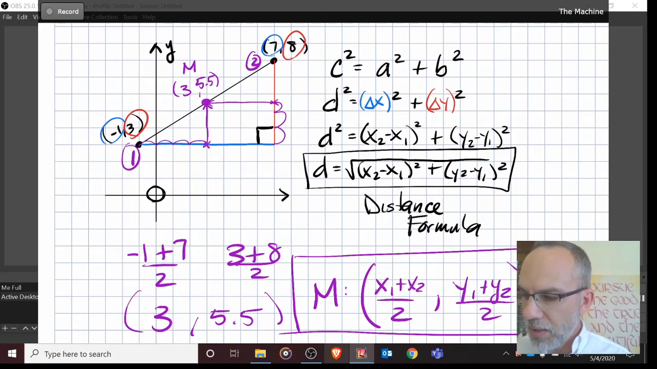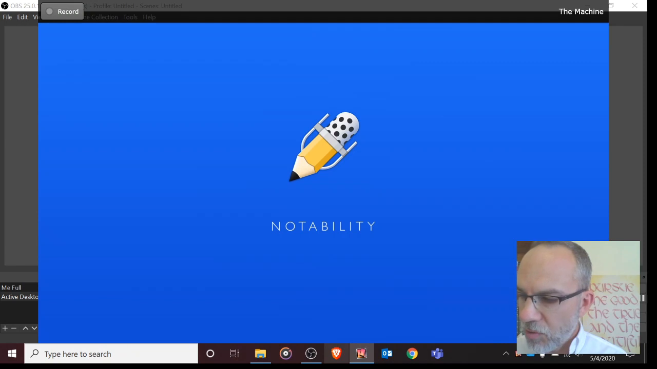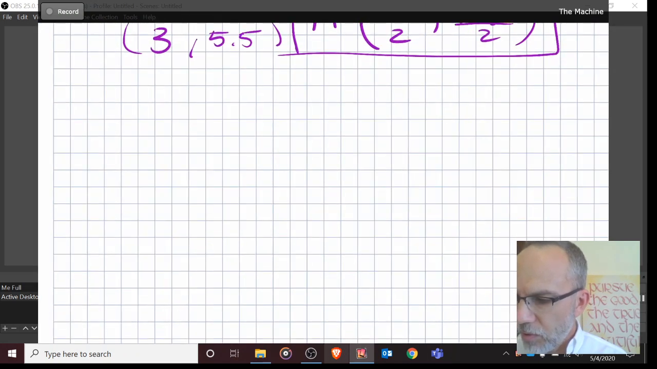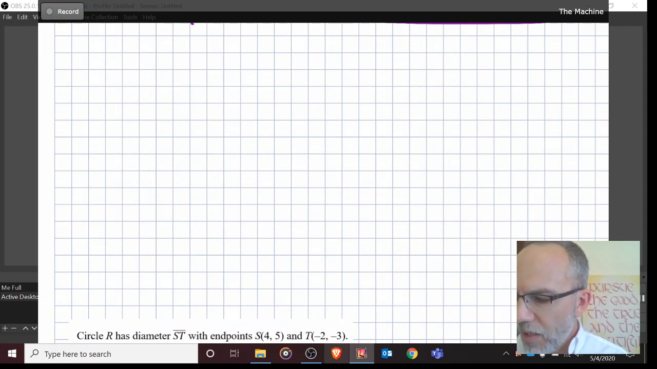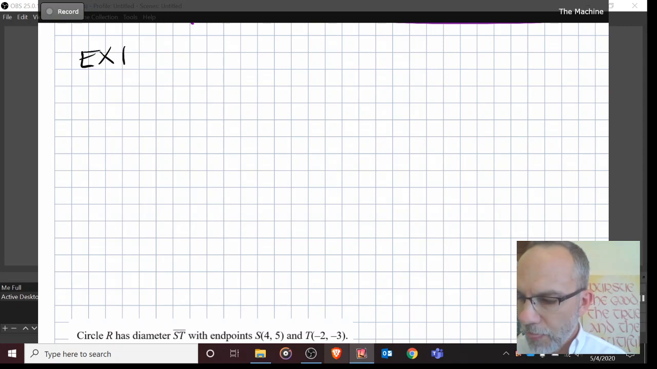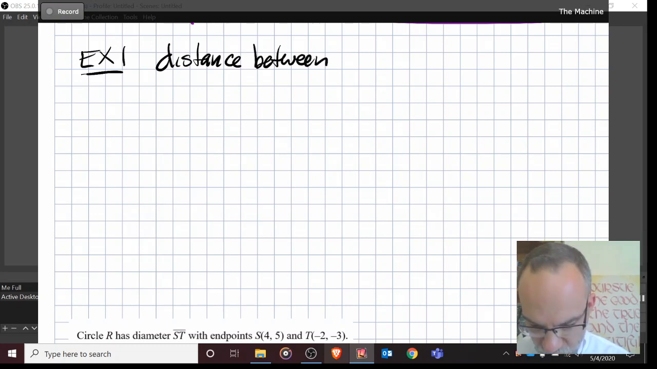Let's try, if I can get the iPad to work. There we go. All right, so let's try it now analytically. Let's try practice problem number 1. We'll do example number 1. Let's find the distance between 2 points, -9, -8, and the point -7,